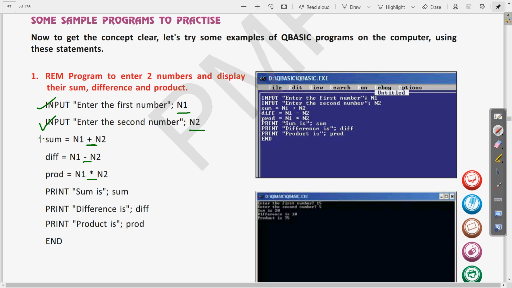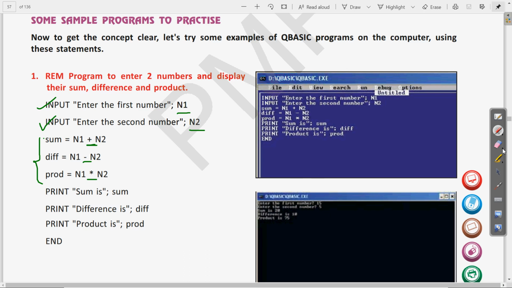The sum, difference and product were calculated and then printed using the print command. All of these n1 and n2 are numeric values, so these variables don't have a dollar sign. Then the same was written here and we got the output.